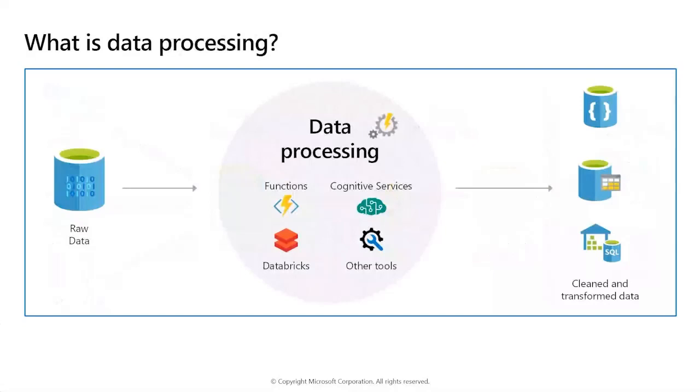So a business model describes the data in terms of meaningful business entities, and we might want to aggregate some stuff together to summarize information. So the data processing stage, we could also use it to generate predictive and analytical models from the data. Data processing can actually be quite complex. So it might involve automating a lot of scripts. You might have to use tools like Azure Databricks, Azure Functions, Azure Cognitive Services to examine and reformat the data